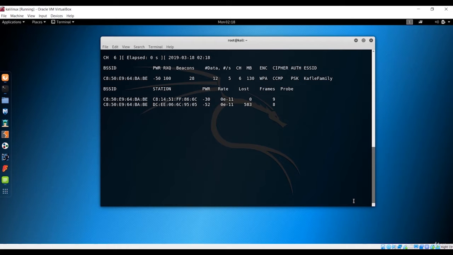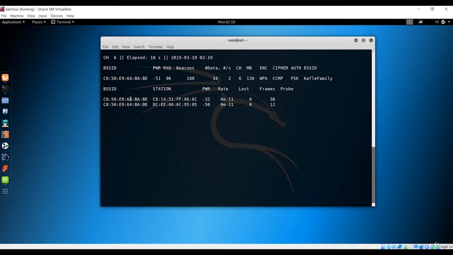Then it is going to do its tasks. But if you see, we didn't have any handshake packet over here. So if there was a handshake between the client and this machine, it should have given information like WPA handshake information right here, but there is no information right here.